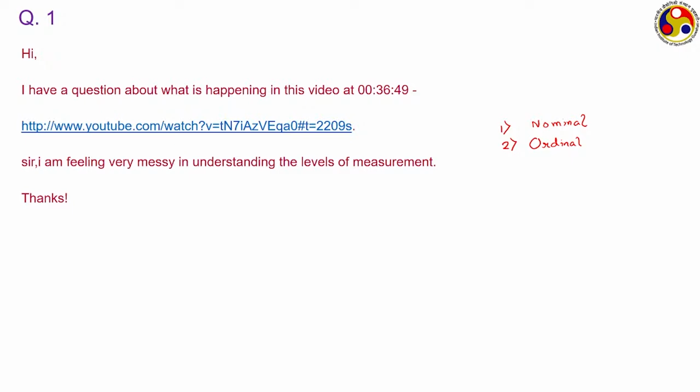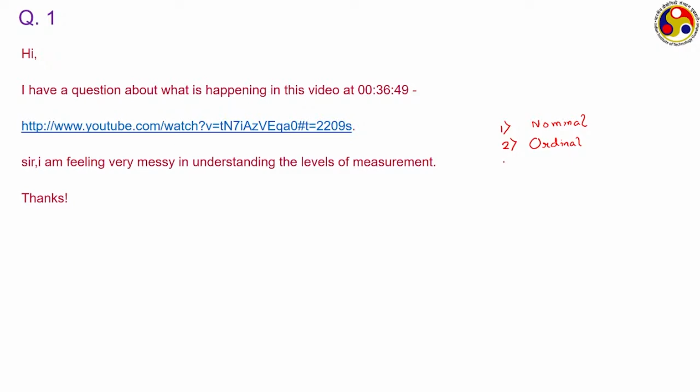The perfect example of the ordinal scale of measurement is the percentile. In a percentile, we talk about the position of someone with respect to the others. The percentile of a particular student says how many students are below him or her divided by the total number of participants. That's why you can never have 100 percentile. Suppose 100 students have participated in an exam, and someone has got the highest mark. Even he or she can't have 100 percentile, because there are 99 below him or her, so it is 99 by 100, that is 99 percentile. That's what the ordinal scale is, a completely relative scale.